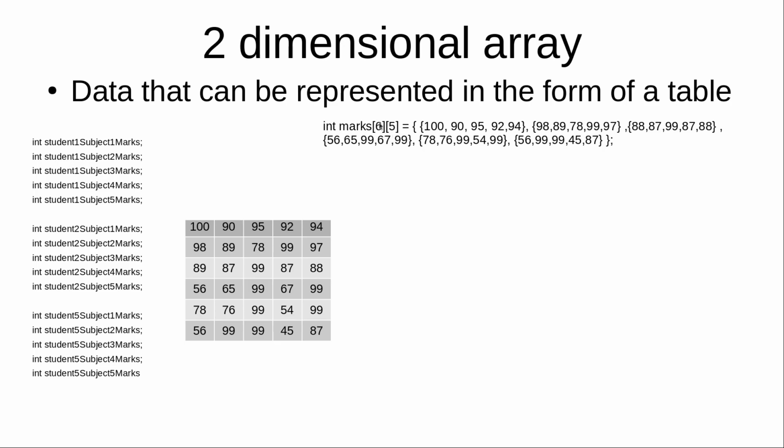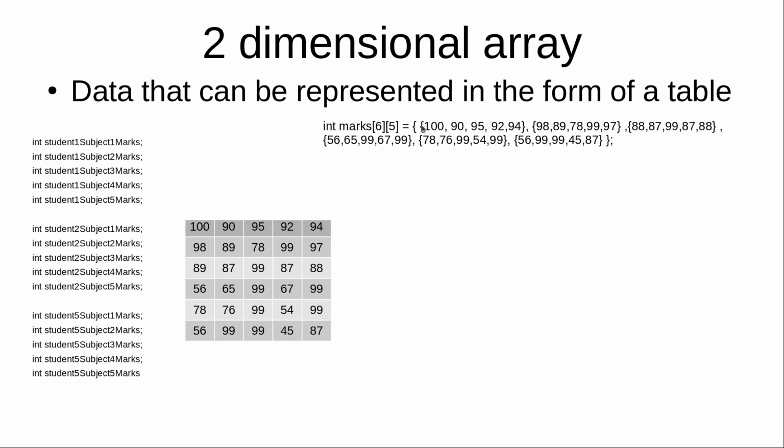Okay, so the first one represents the number of students, or if we generalize, the number of rows that we have. So here we have 1, 2, 3, 4, 5 and 6. So we have 6 rows, and the second one represents the number of columns. So it's 1, 2, 3, 4, 5 columns that we have here.